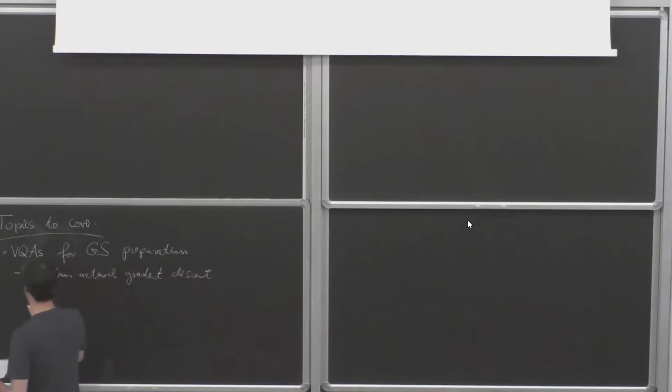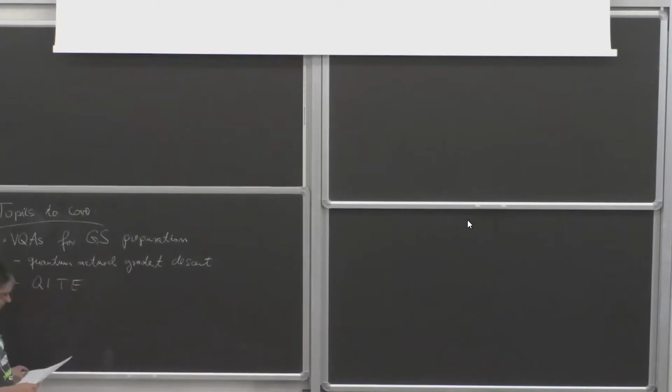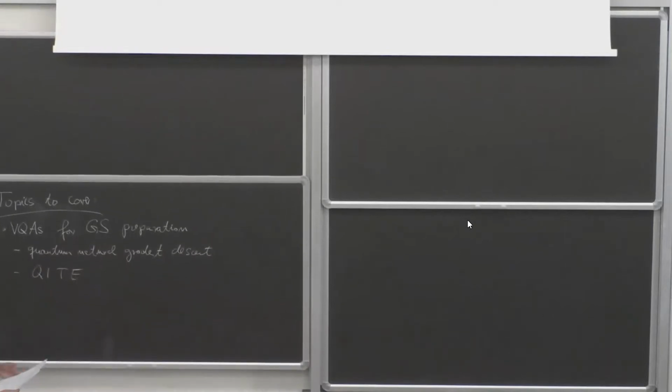And I'm going to cover how it's related to quantum imaginary time evolution. Actually, I don't know how in nuclear theory you do imaginary time evolution. Is that something that seems common, also for you guys? Hank, right? You have to tell me. I think so, right? Like for ground state preparation and so on. Anyway, you can also do quantum imaginary time evolution on a quantum device, and that gives you the ground states, and there's a relation to this quantum natural gradient descent.